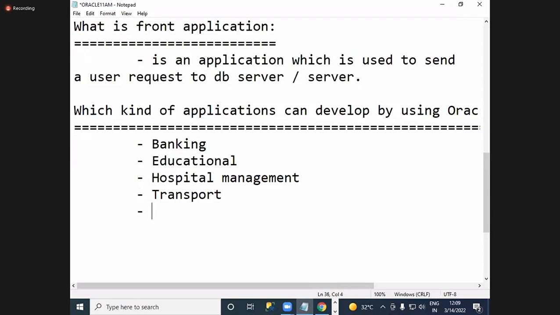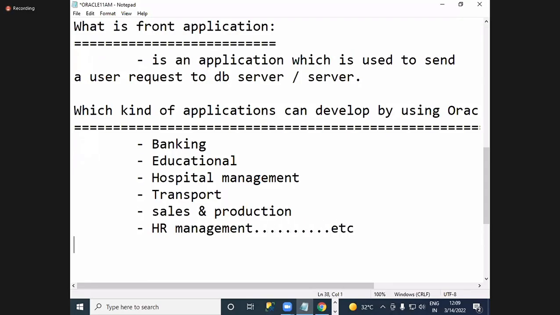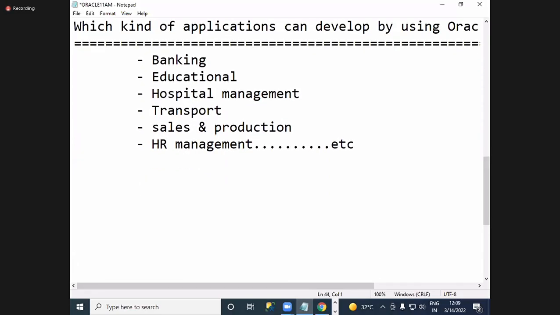And now we can go for sales and production departments. We can also go for HR management sectors, HR management, etc.